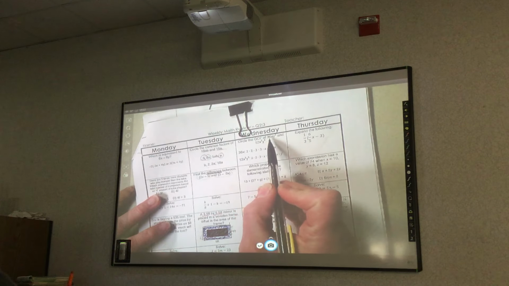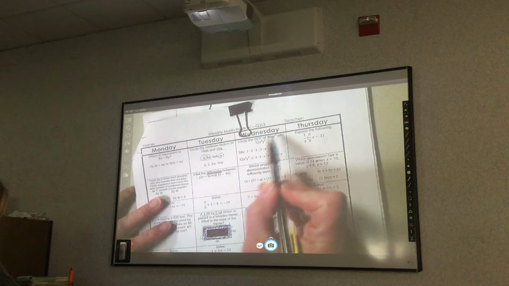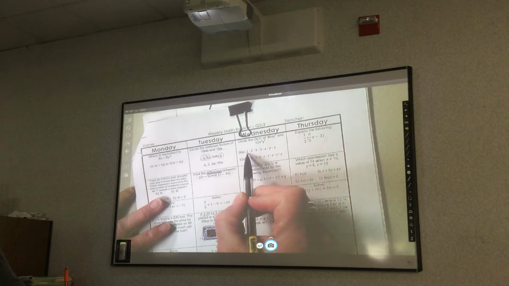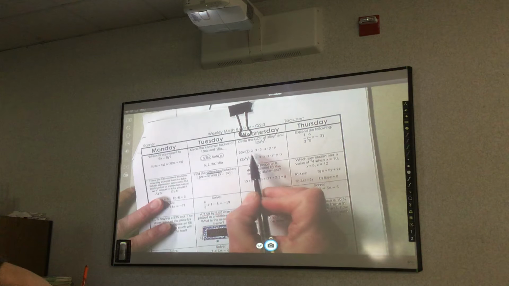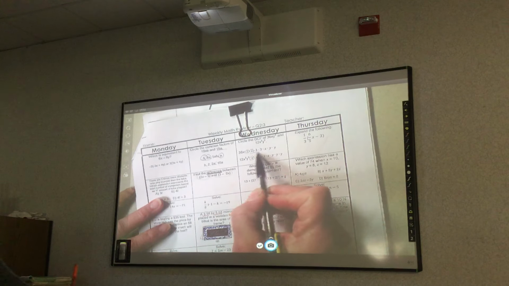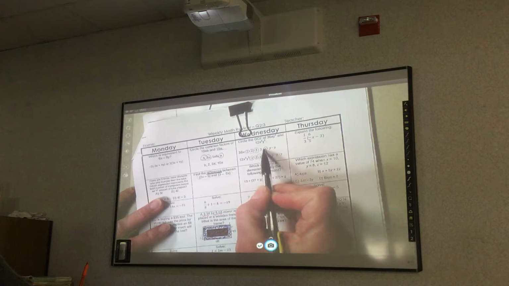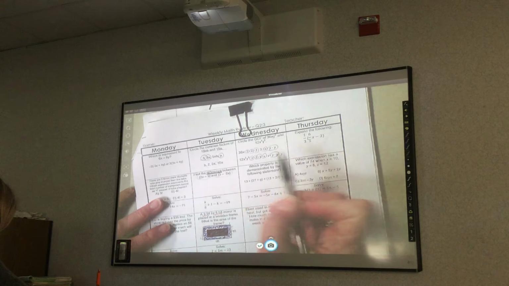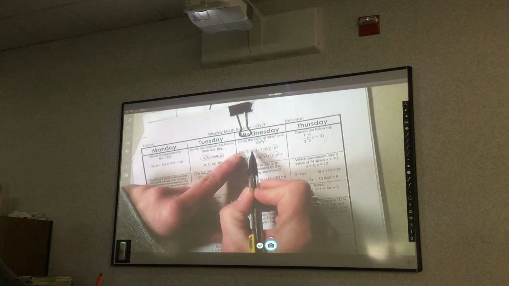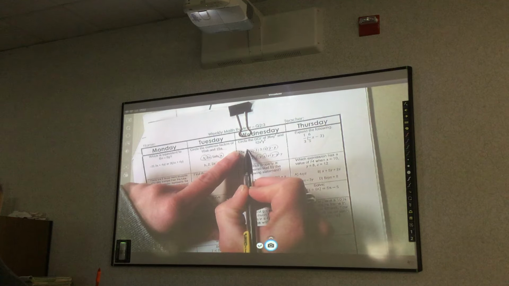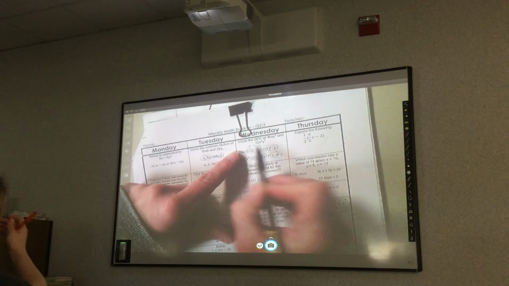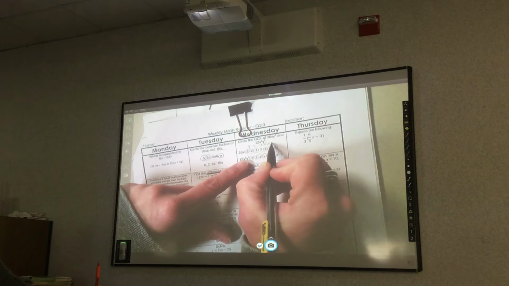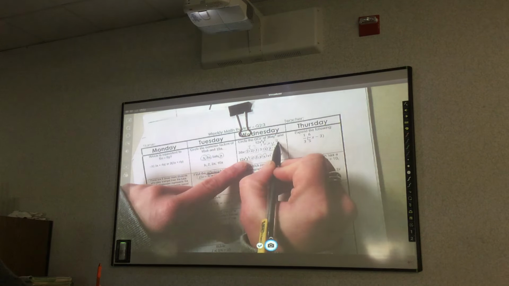Circle the greatest common factor of 36xy squared and 12x squared y cubed. So you just circle what we have in common. 2's, 3, 1x, 2 y's. So then you do 2 times 2 times 3. So 2 times 2 is 4, 4 times 3 is 12, and then it's 1x, and then y squared,